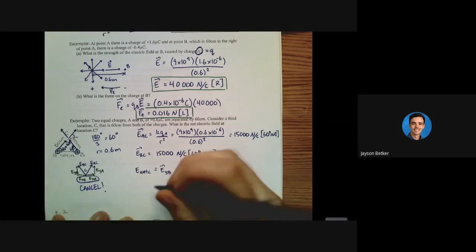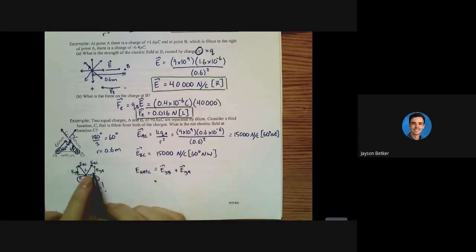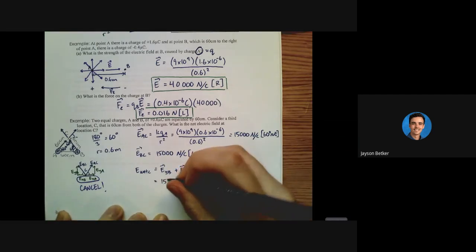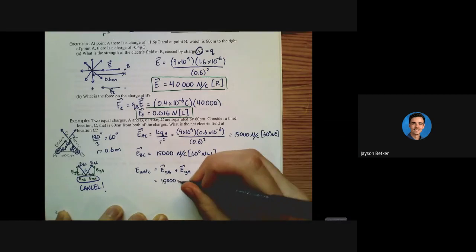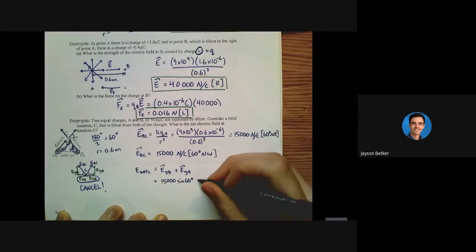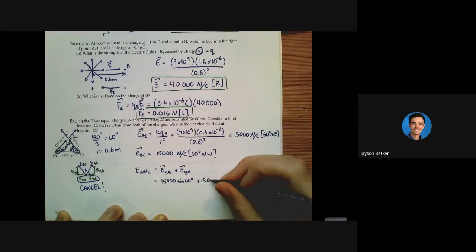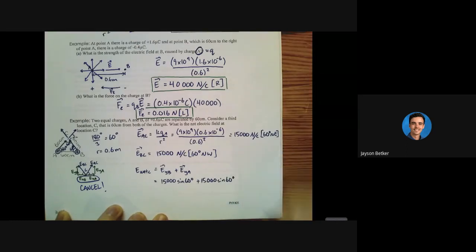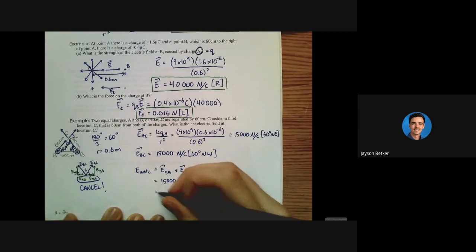And all that is that I just found 15,000 and 15,000. I just need to do 15,000, and then this is my angle, right? So I need to do 15,000 sine 60 and 15,000 sine 60. So they're actually going to be the exact same thing. 15,000 sine of 60 plus 15,000 sine of 60 should give you, if you plug that into your calculator, you should get